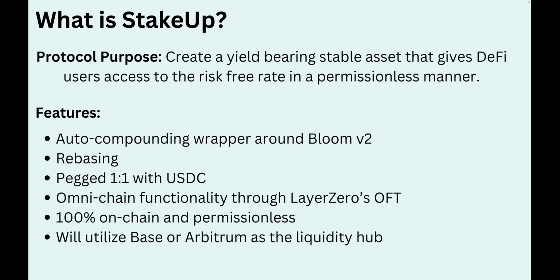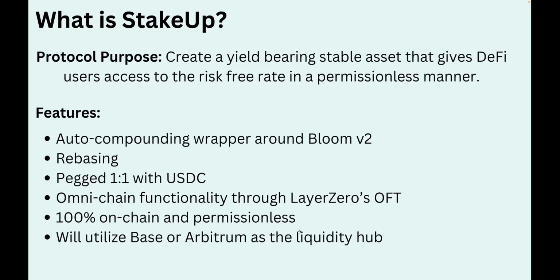It's an omni-chain system built using Layer 0's OFT and OAP contracts and distributes yield from a single chain liquidity hub that will either be on Base or Arbitrum to all deployments on other blockchains. Yield is calculated using built-in on-chain rate providers that are updated every 24 hours. ST-USDC provides a single token wrapper that allows for composability within DeFi, but the core mechanics of the system really